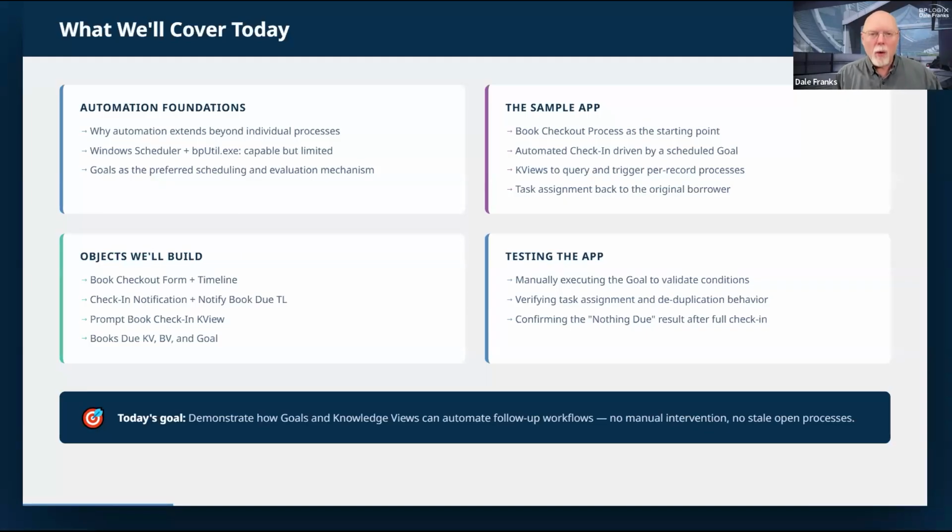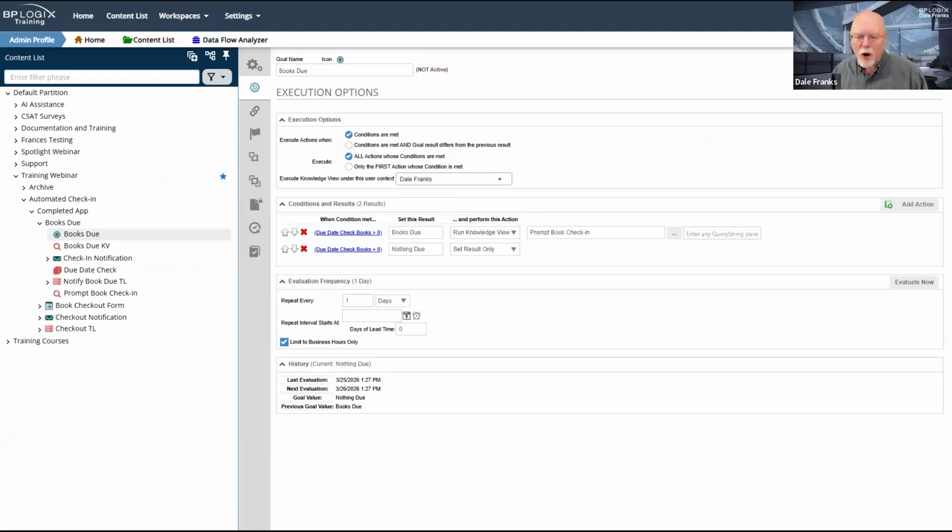There is an evaluation mechanism for goals, which is that you can have a history or you can simply query the current state of the goal itself. For example, when we look at a goal, we have the goal history. I can't seem to find my mouse. There we are. The goal history tells us what the previous value was and what the current value is of the goal. This is a system-wide state, so we can query it at any time.